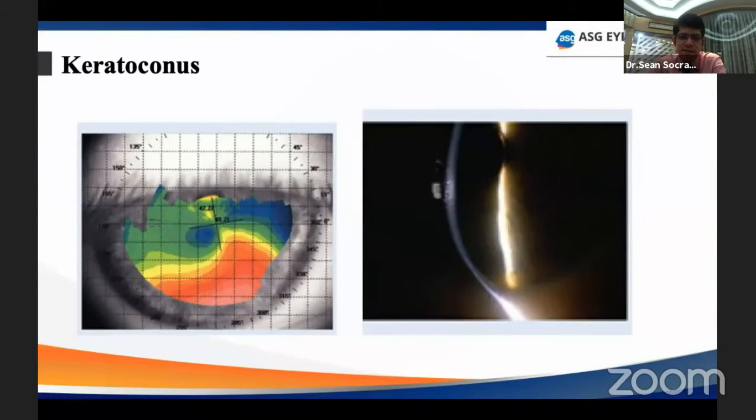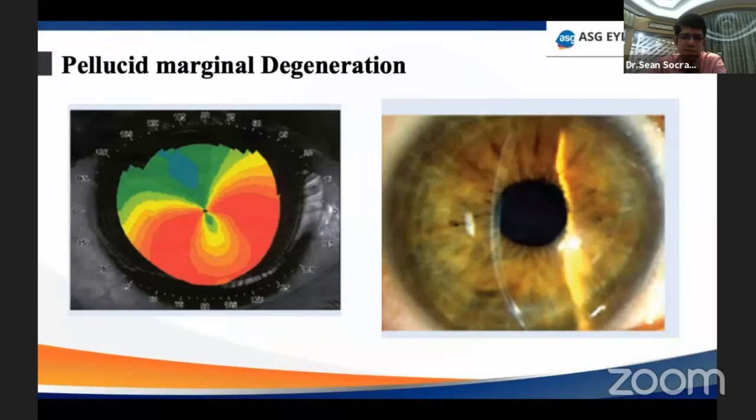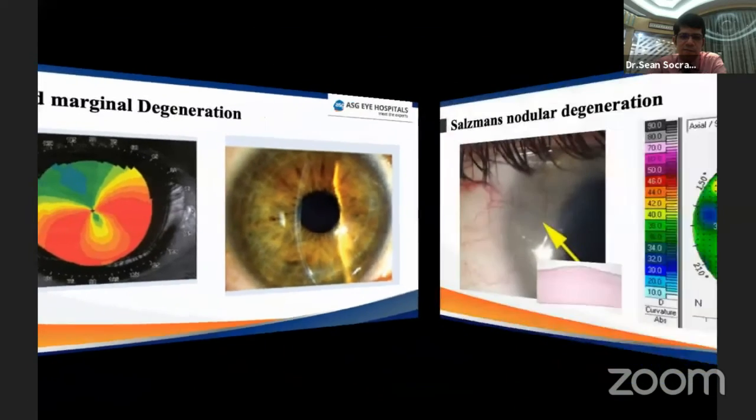Keratoconus and subtle ectasias may be missed without a topography. Not in the case of an advanced keratoconus, but a subtle form can be missed, and we have to be very sure of the patient's vision: best corrected vision not improving to 6/6, cylindrical correction, scissoring reflex on keratometry, and other red flags to look for early ectasias. Similarly, with pellucid marginal degeneration, generally you get a high amount of against-the-rule astigmatism, and these cases will go for a toric intraocular lens. However, premium multifocals and other lenses could be avoided due to the irregular surface. On topography, you get a classical crab claw appearance, and you have to be careful while handling these cases postoperatively.